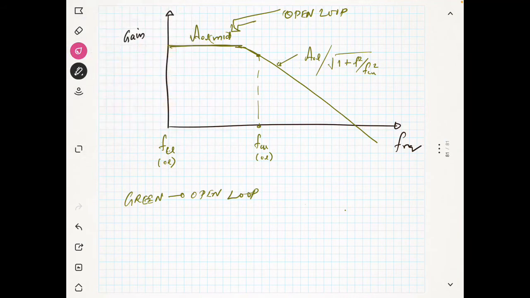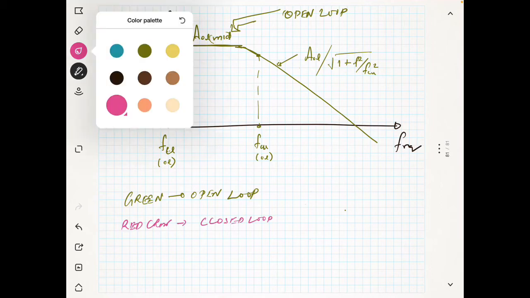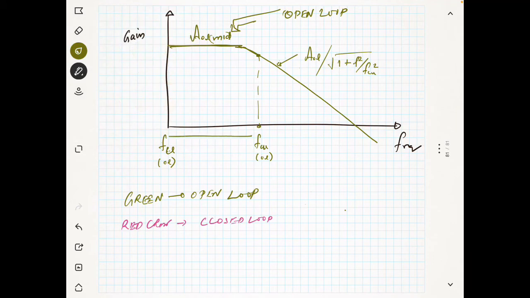Okay, now I am using the red color, this is nothing but the closed loop. So you know that the bandwidth was, what was the bandwidth in open loop? In open loop the bandwidth was this much. So what is the bandwidth? The bandwidth was FCU open loop, right? This was the bandwidth. So the bandwidth in open loop was